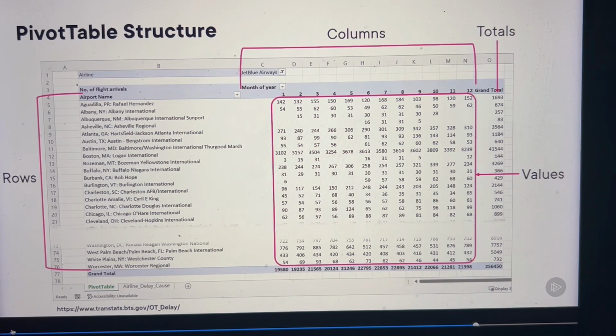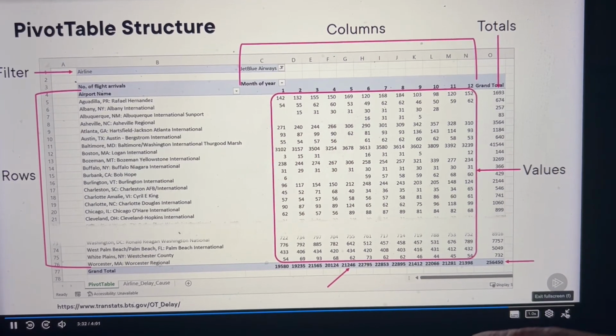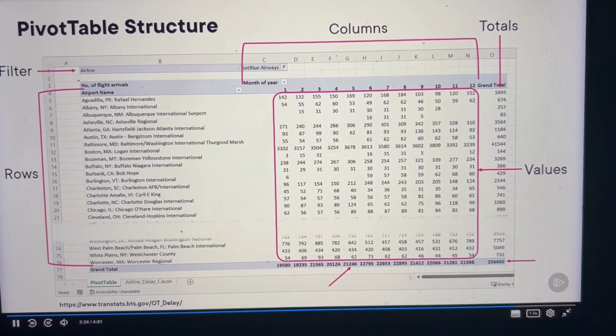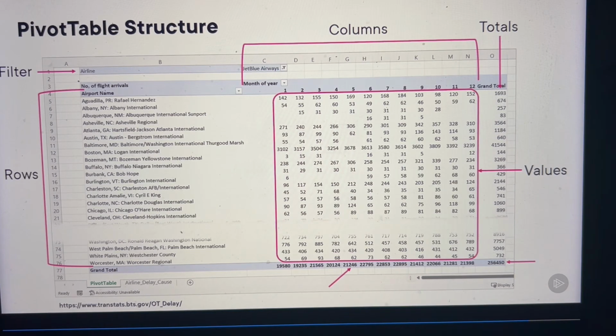To the right, each row is totalized, so I can easily see the total number of flights for each airport. I have the total number of flights per month and a grand total of the two. I've also added a filter to this pivot table, and so we can see that we're just looking at the data for a single airline, and the total at the bottom right, that's the total number of flights for the